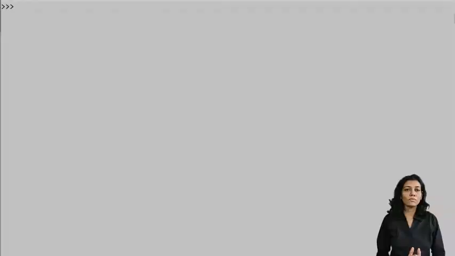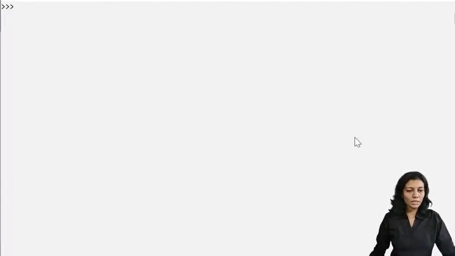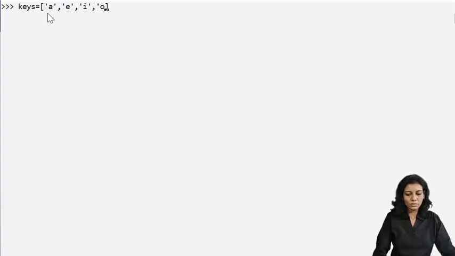So this is the difference between using the copy method and the assignment operator. Next we will see the fromkeys method of a dictionary, which will return a new dictionary from a given sequence. Let us see practically how to do that. We will have a keys list as A, E, O and U. This is the list of vowels, and these will be the keys of our new dictionary.